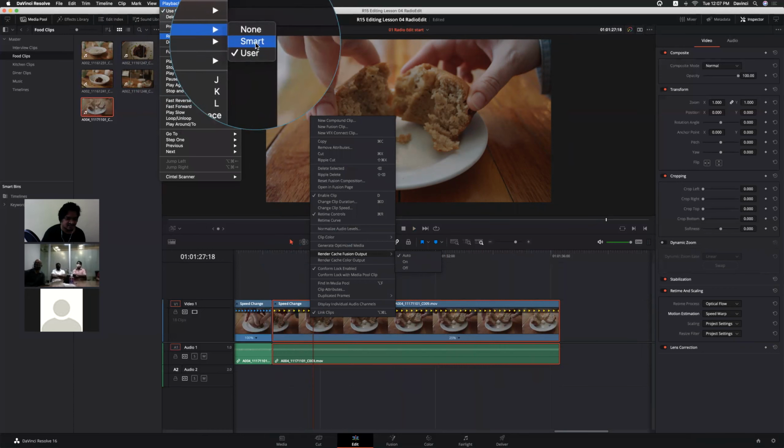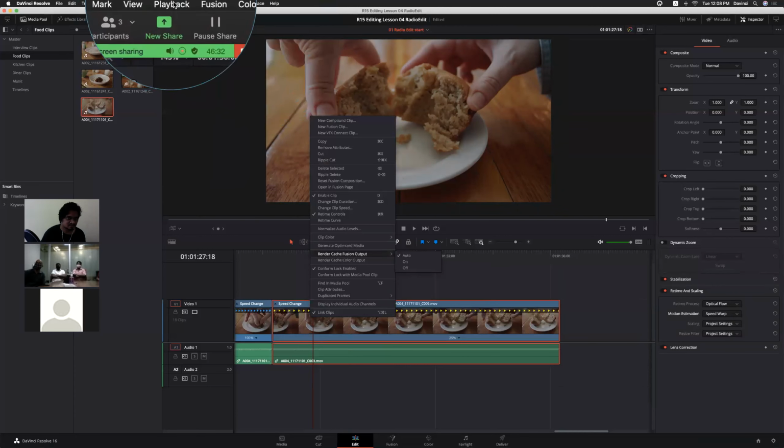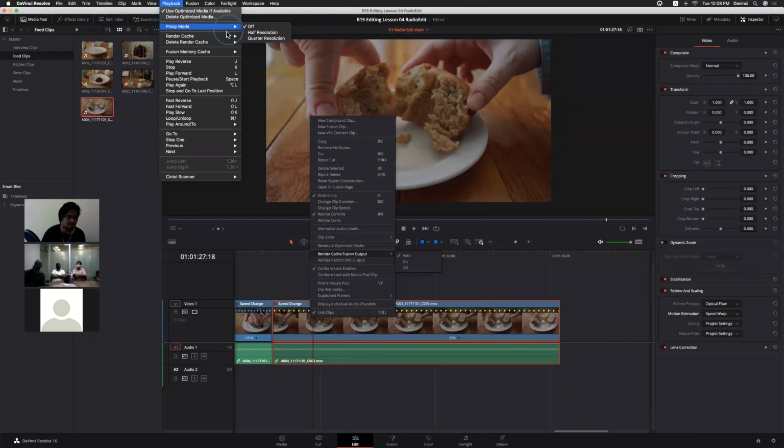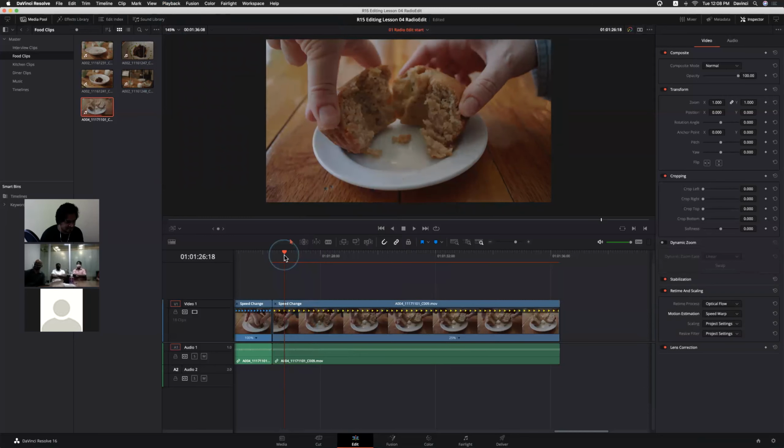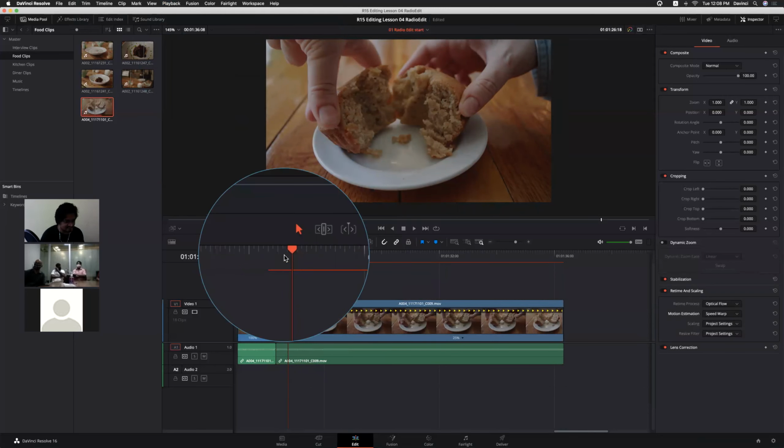If it is smart, then only if it requires will it render the particular clip; otherwise it won't render it. Now you can see the red color line. When you change that option, you see the red line, but it is slowly changing to blue. That means it will automatically generate a render file based on your settings. By default, it will start after 5 seconds.